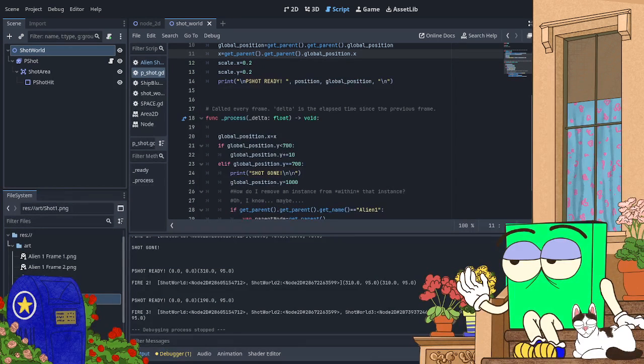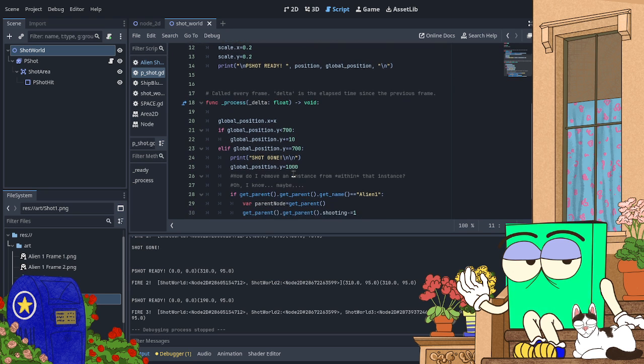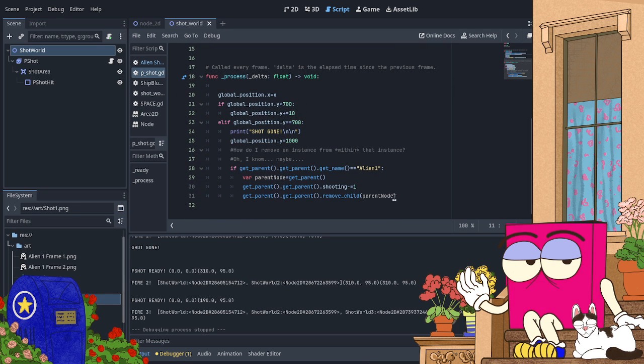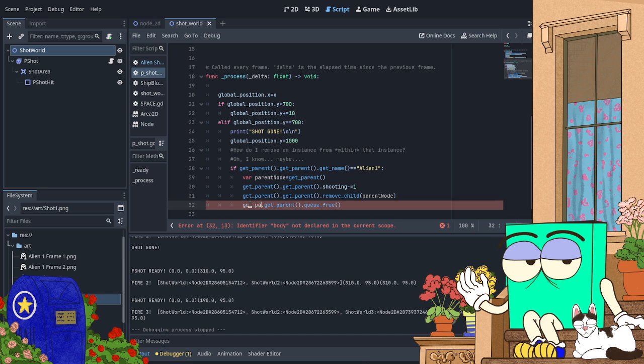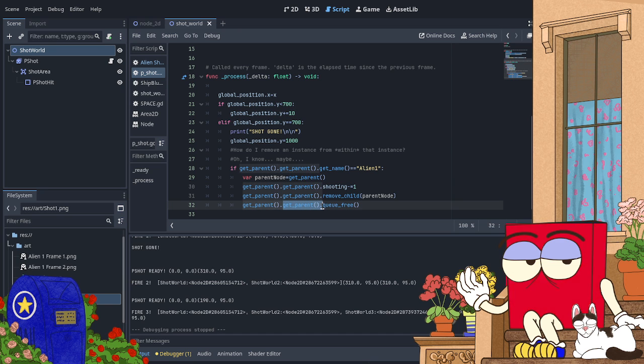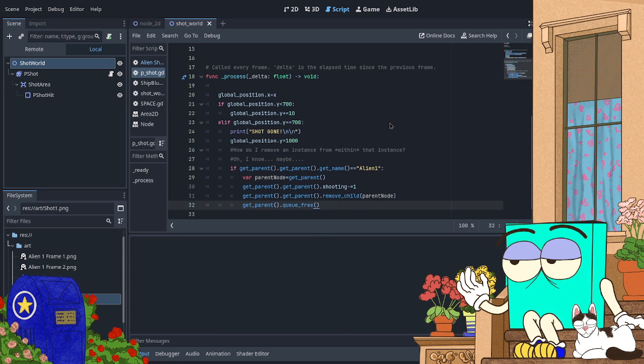So for a moment, we don't need that up there. So, that should probably do it, maybe, if I'm understanding correctly.